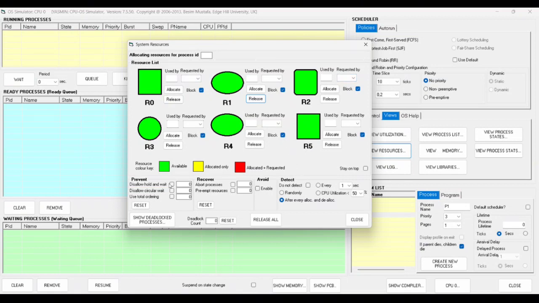Okay, the resource color key indicates that green means available, the process has successfully run. Yellow means allocate only, the process is running. And red means allocate and request: the resource is in use and requested by another process. Red is a key indicator of a deadlock, usually showing 3 or 4 fields in red. Once all processes are green, it means we have successfully resolved the deadlock manually.